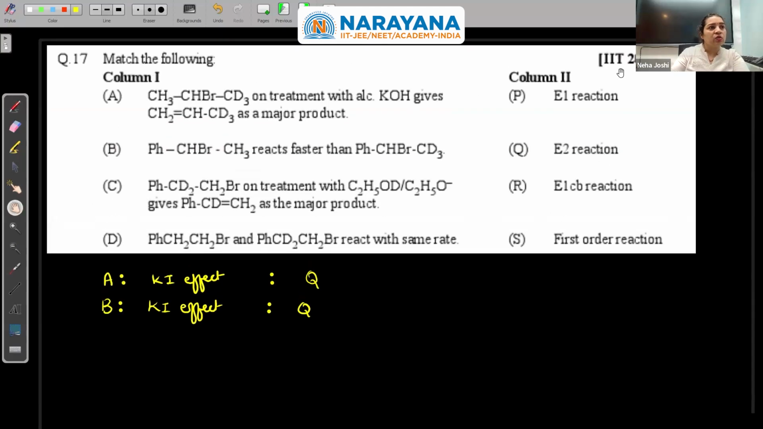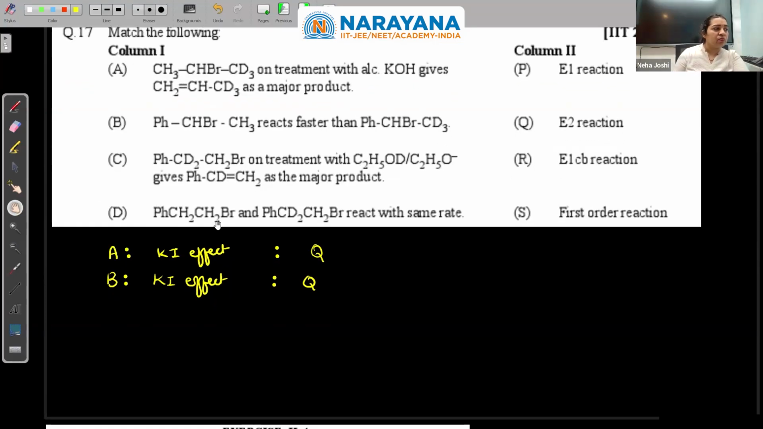This was year 2006. At that time, we had to match the column. We have to fill the blocks Q, R, S like that. So it was not option based. It can now be made option based. PhCD2CH2Br on treatment with ethoxide gives